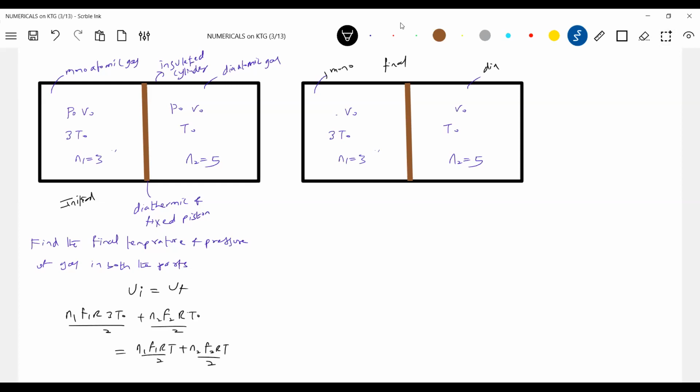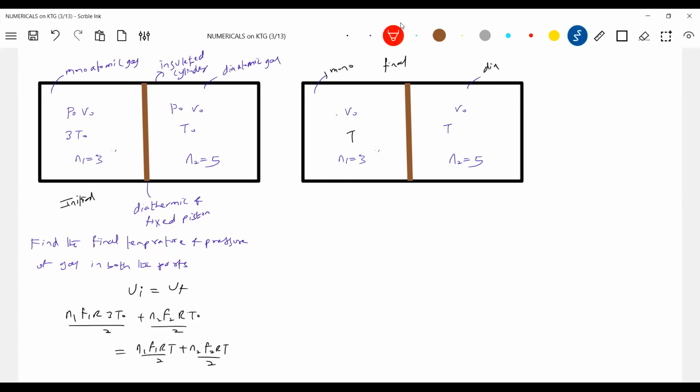Finally, what do we expect? The temperature must be the same, so I'll write T. Will any gas flow? No, only the heat can flow. Heat will flow through the piston from one chamber to another, because the piston will not permit the gas to flow. Am I right?